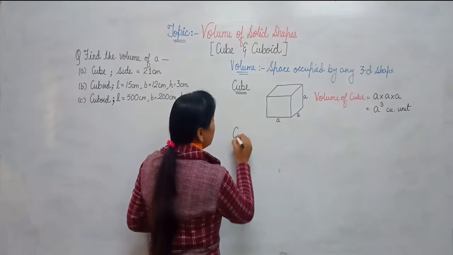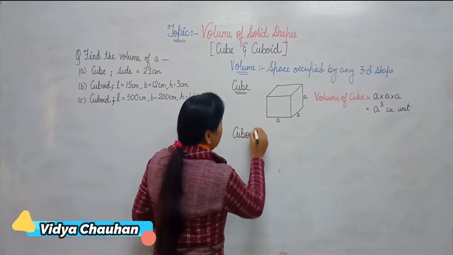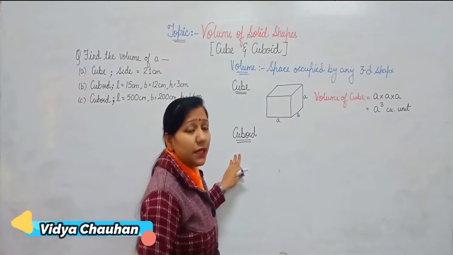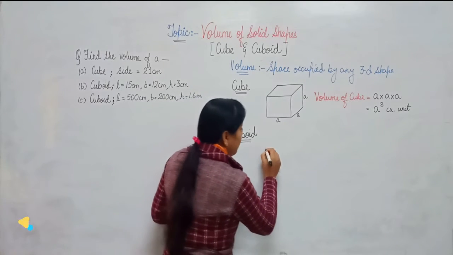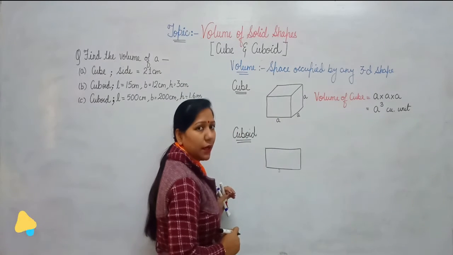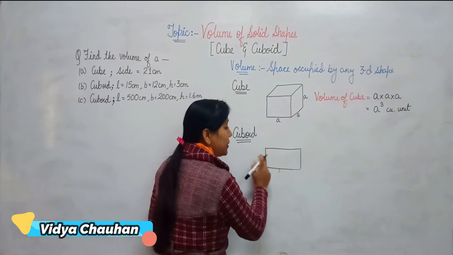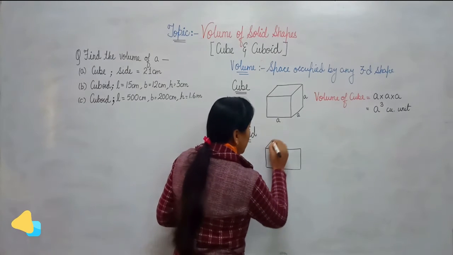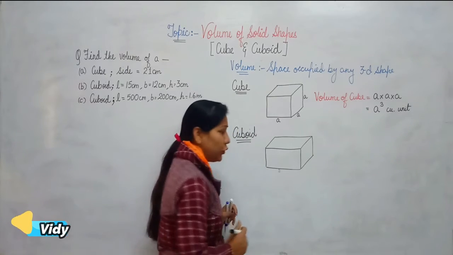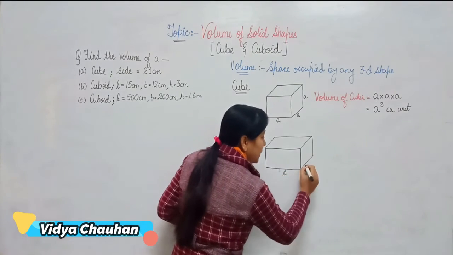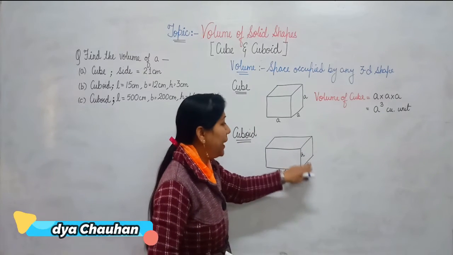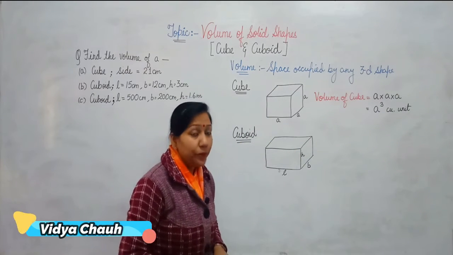Coming to the second shape, which is a cuboid. Since a cuboid is a modified version of a rectangle, a 2D shape, I will start drawing a cuboid from the shape of a rectangle. In this rectangle, as you know, only the opposite sides are equal. Now modifying it into a 3D shape, this becomes a cuboid in which there is a length, a breadth and a height. So length, breadth and height of the object.